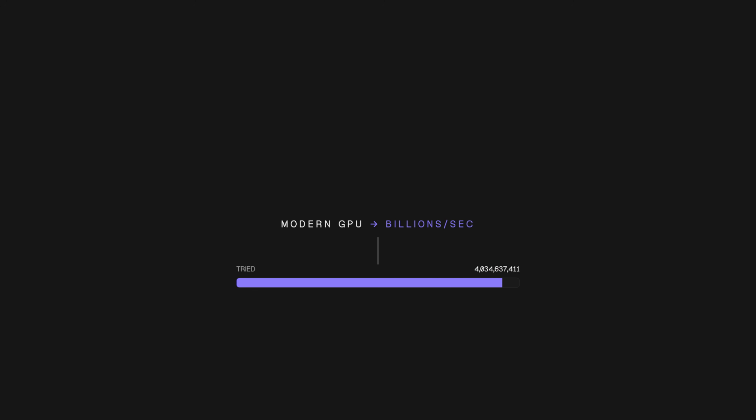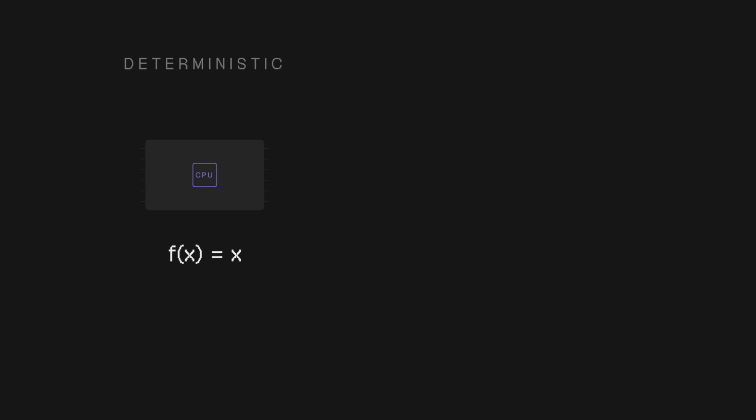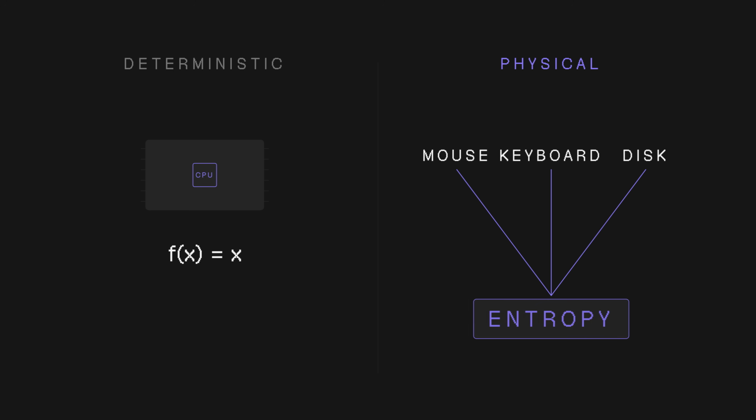If an attacker can figure out the seed, they can regenerate your entire sequence. And a 32-bit seed has only about 4 billion possible values, which sounds like a lot until you realize a modern GPU can try billions of values per second. So we don't just need pseudo-randomness, we need the seed itself to be unpredictable. And to get that, we have to step outside the deterministic world of the CPU and sample something from the physical world. That's where entropy comes in.